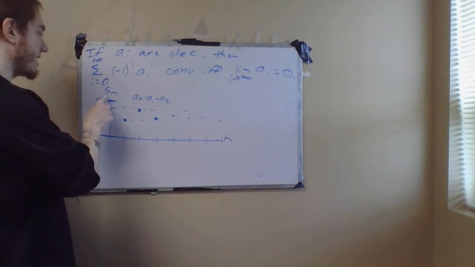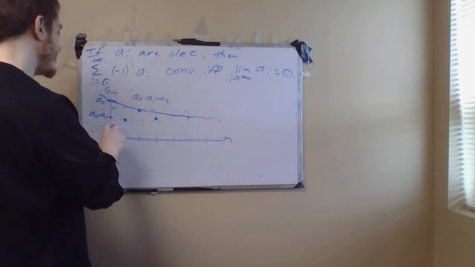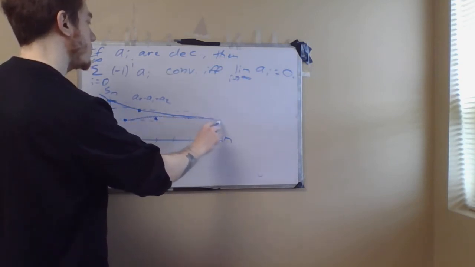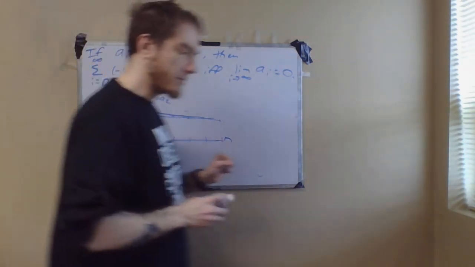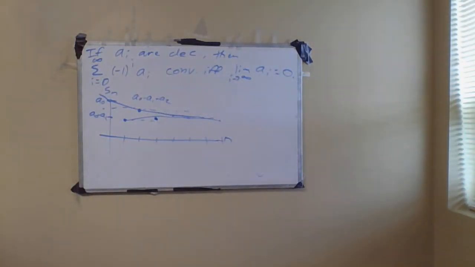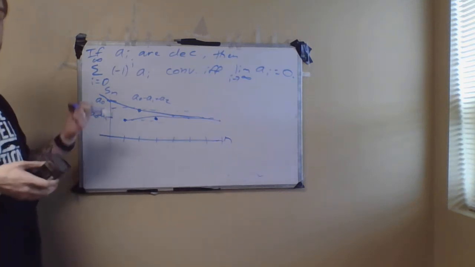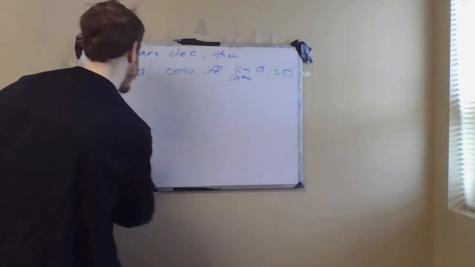And so what's happening is we're going to get these maximums here and these minimums here. Our series is getting squeezed between these two different curves, between the lower values and the upper values. This is really the whole proof. This geometric picture is the proof. There are some technical details we have to write down, but really the proof is just this picture. So the idea is,